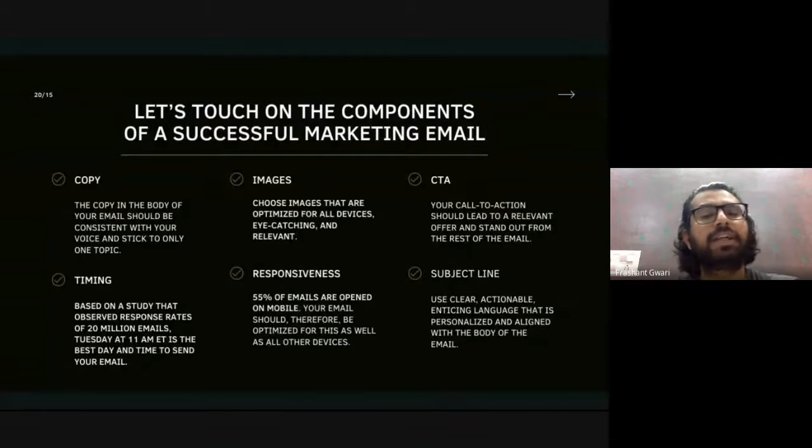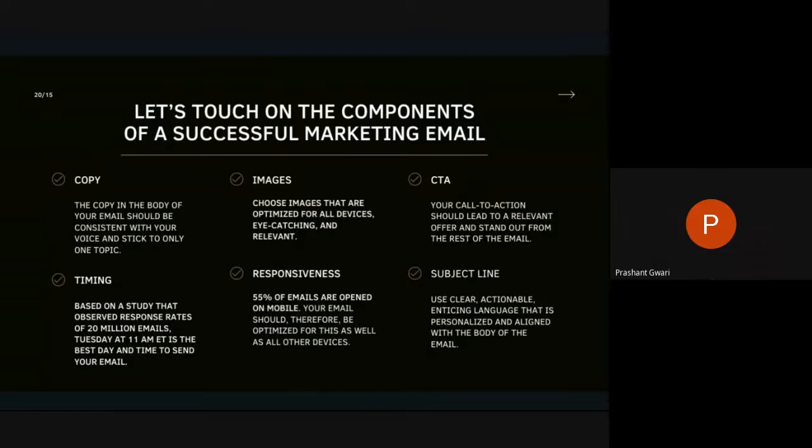The next part is the responsiveness of your email marketing campaign. As we have already told you, around 55 to 68% of people open their email on mobile devices, whether they are using Gmail, Yahoo, Hotmail, or MSN. So you have to optimize your email marketing campaign for mobile devices, because an email campaign consists of a headline, images, and a call to action button.